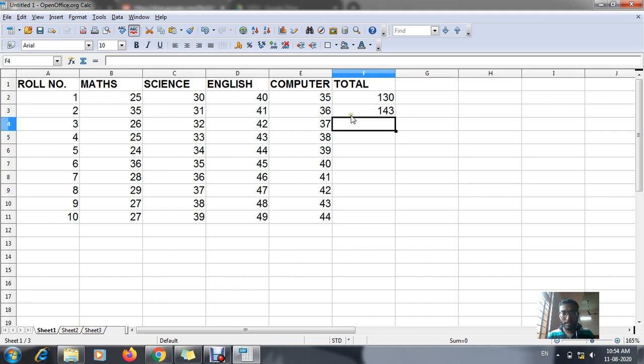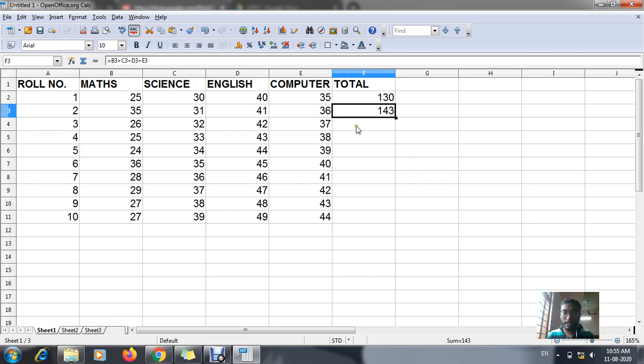One more method is there. Once you complete this, that means totaling has been completed. Now you can see at the top bar, as I told you, this is your formula bar, which shows the formula inserted in the cell. Now we have to do the autofill method. Just imagine if we do the same process, equal to B4 plus C4 plus D4 plus E4, and I have 50 students, so it's not possible to do in an easy way.